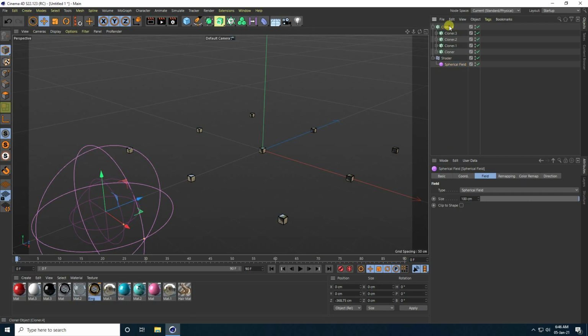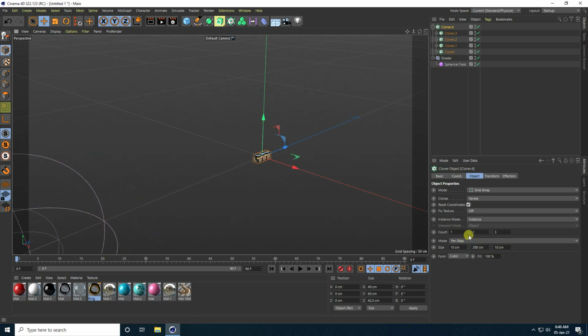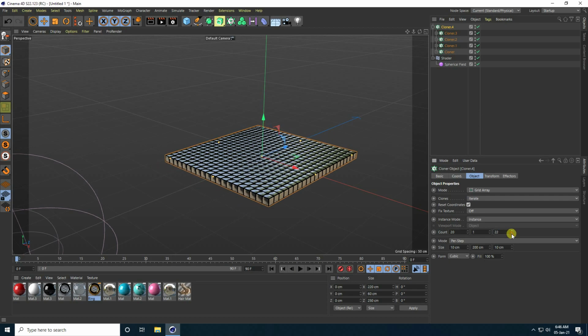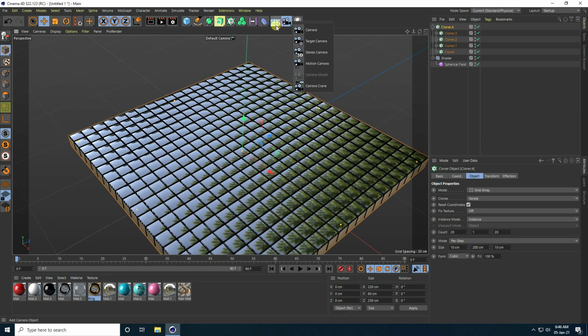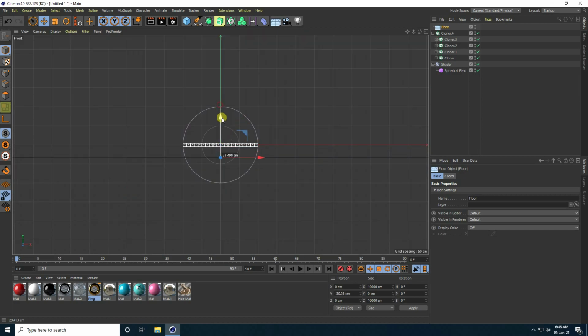Select this cloner and change size, actually decrease the first one like 10 and 10, and increase like this. I take like 20 and 20. You can increase more, it depends on your work. And I take the floor a little bit down.